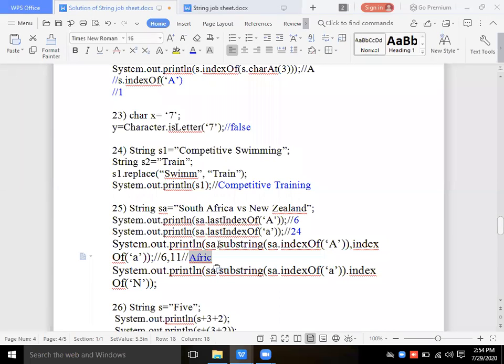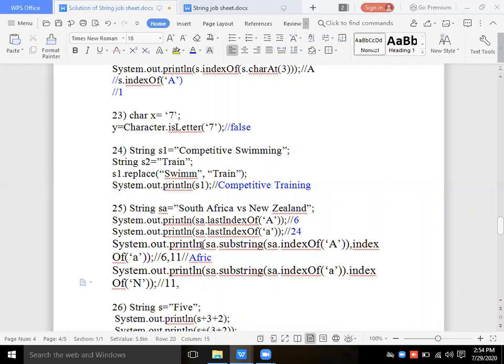How you will solve it is important. You will fetch that substring: first of all the index of capital A, then the index of small a, then the substring will be applied. Then SA dot substring small a, then n. So again, substring from small a. Small a is 11. Then the index of n. So 11, 12, 13, 14, 15, 16.